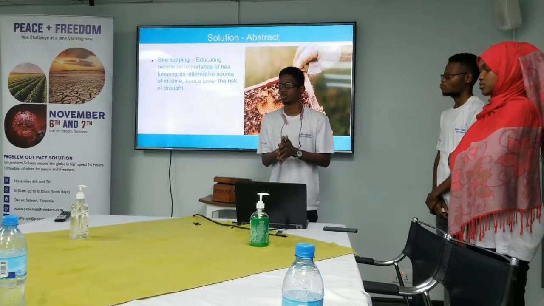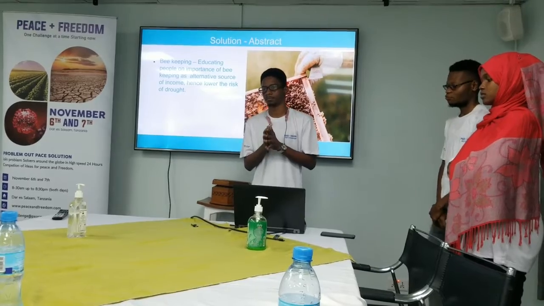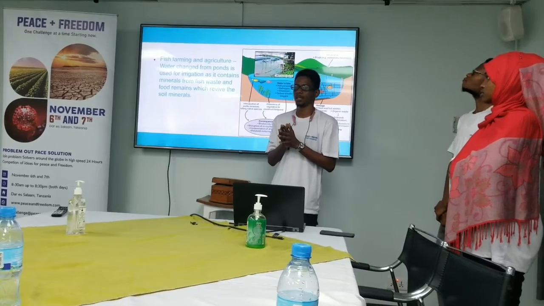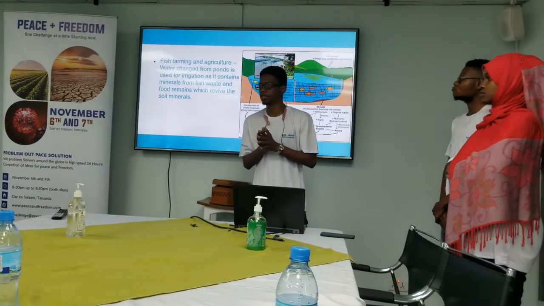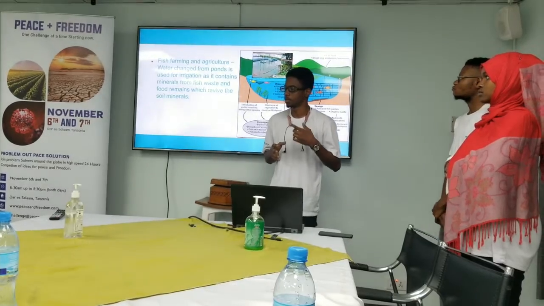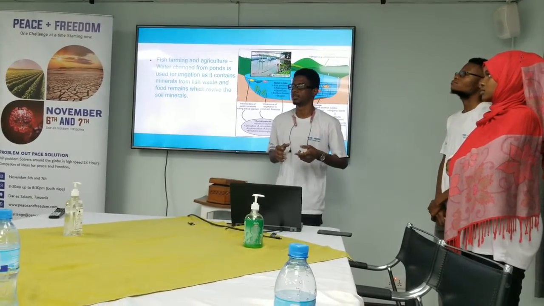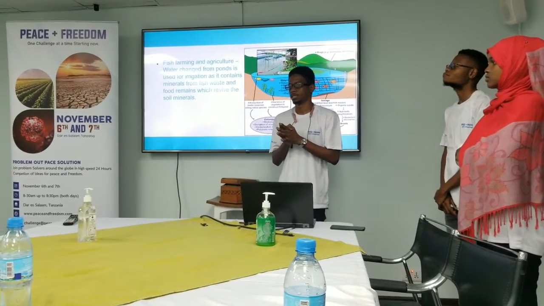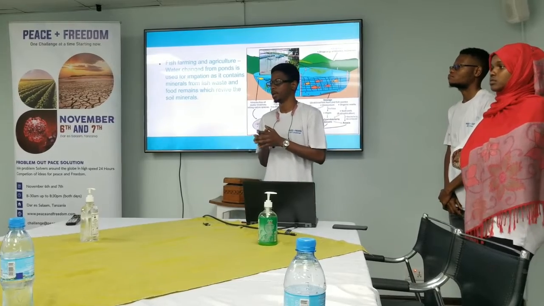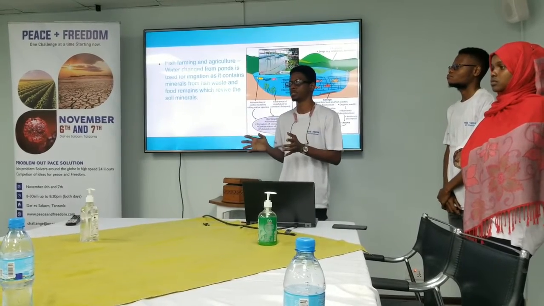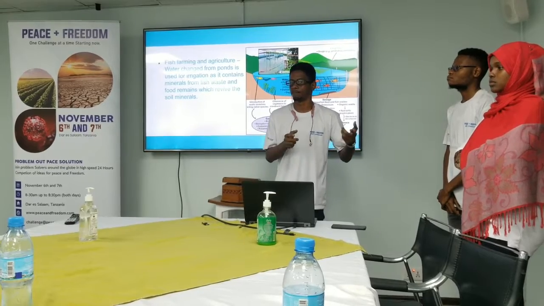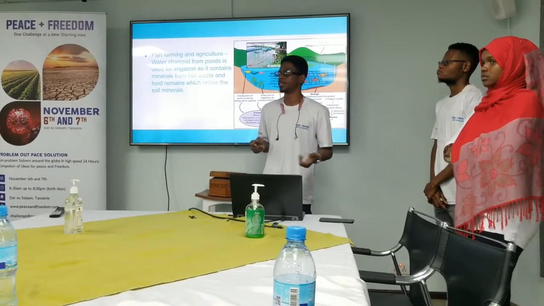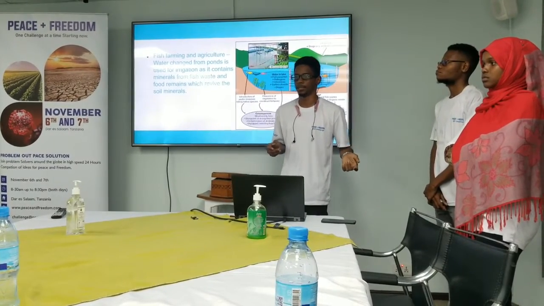When you talk of fish farming, this is whereby individuals will practice keeping fish, growing them, maintaining them till they grow, and selling them. Fish farming can be mixed, such that a farmer may have ponds in which they keep fish, and also another piece of land where they grow crops. The water exchanged from the ponds may be used to irrigate the crops.